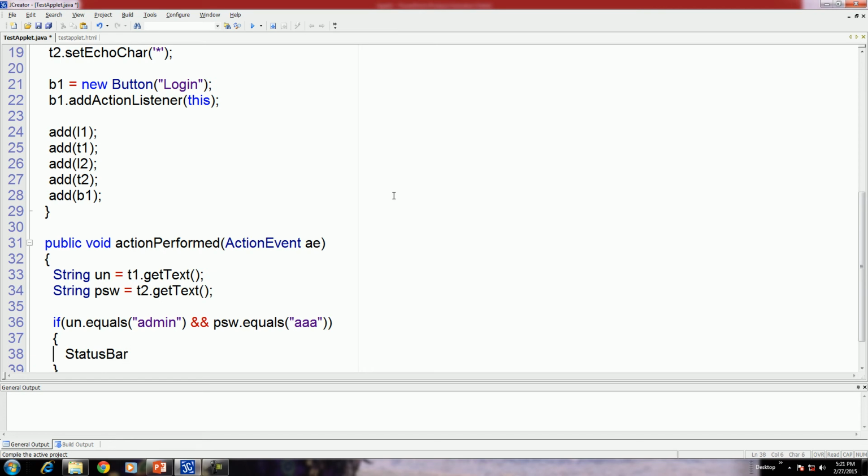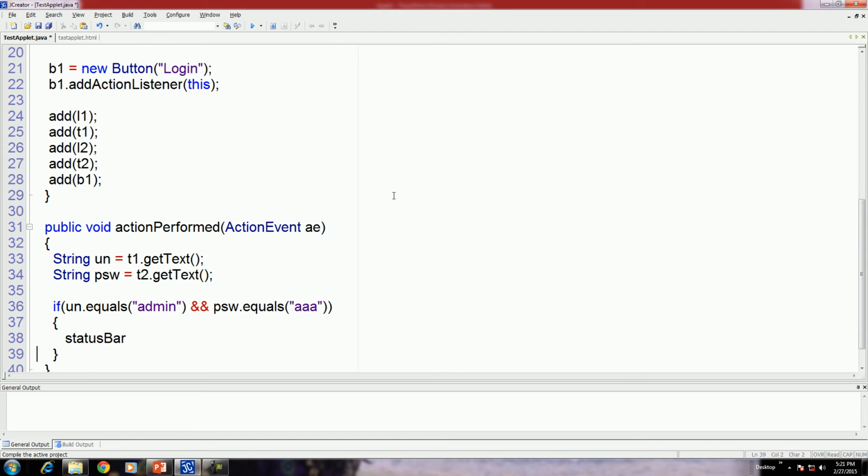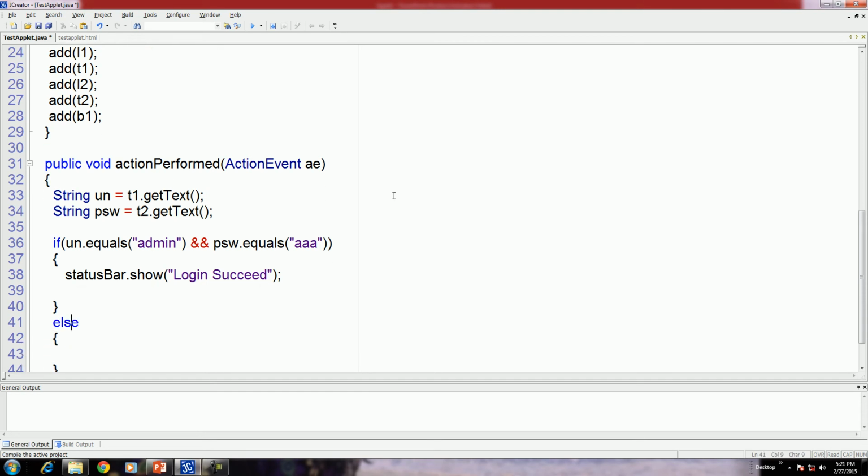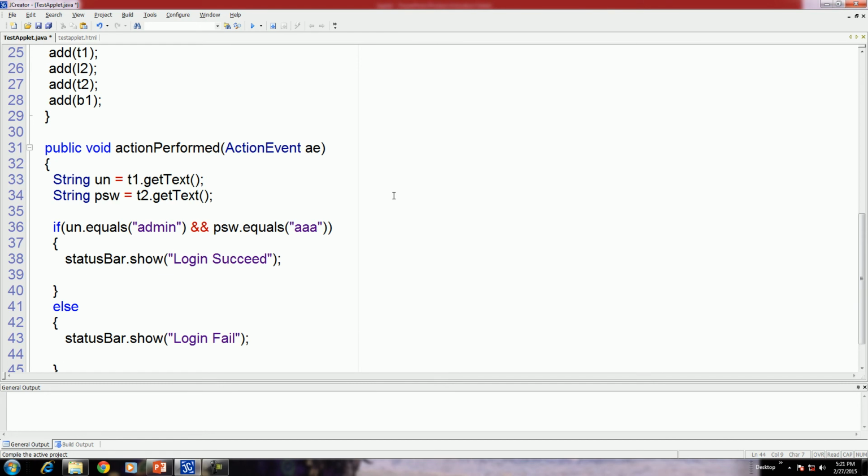I think S is small. Status bar dot show, login succeed. Else there is the message login failed. Whenever we get this message, then clear text field 1 and 2.